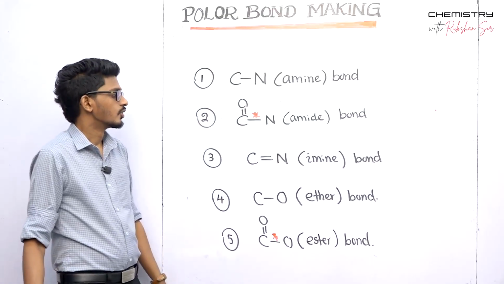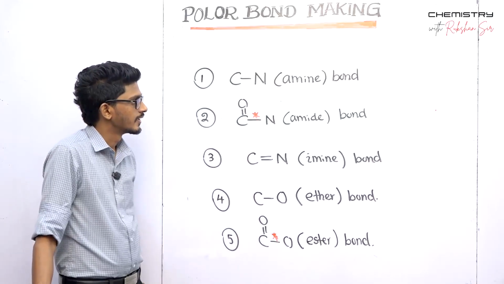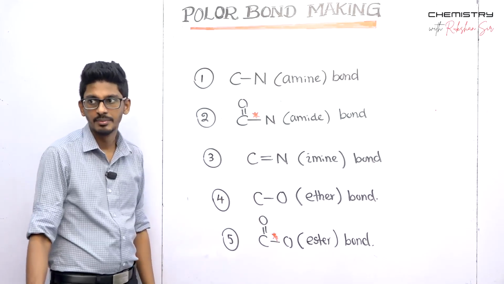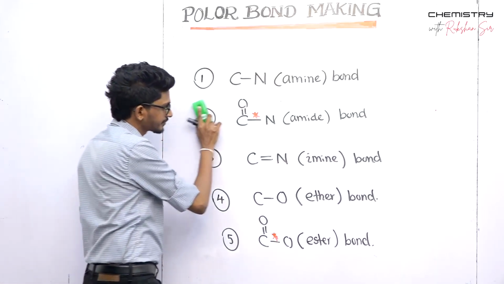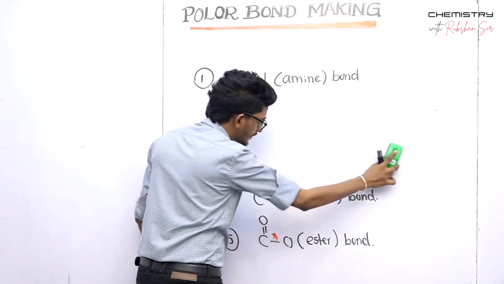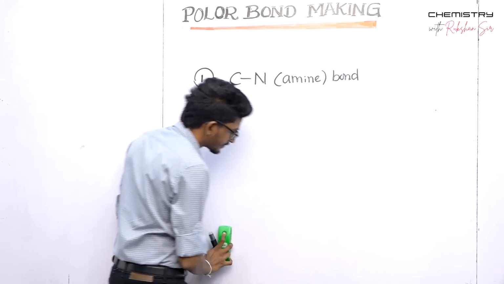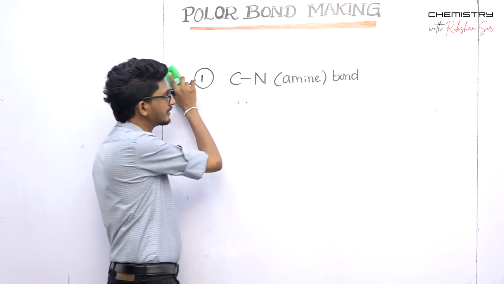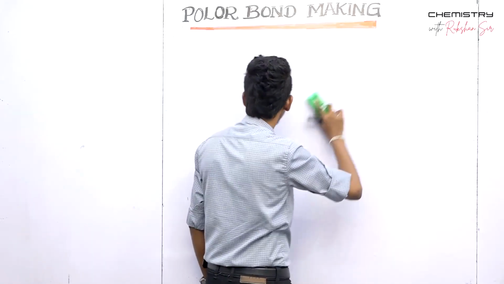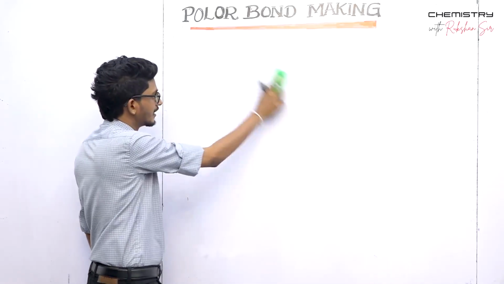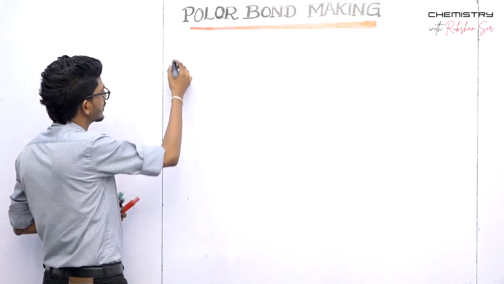Okay. Let's discuss one by one, starting with the amine bond. I'll first introduce the theory, and then one example conversion. Quickly we'll go through the 5 bonds. So first,